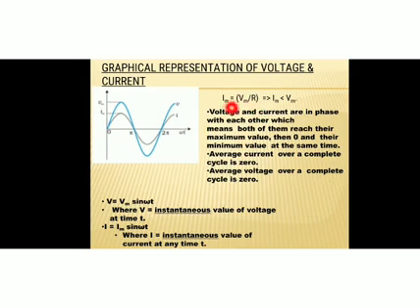Okay, so you know Im is equal to Vm by R. So which is greater, Im or Vm? Yeah, this equation implies Vm is greater than Im, isn't it? Because Im is obtained by dividing Vm by R. So obviously Im will be less than Vm. That means the peak value of current will be less than the peak value of voltage. So the amplitude of AC voltage will be greater.